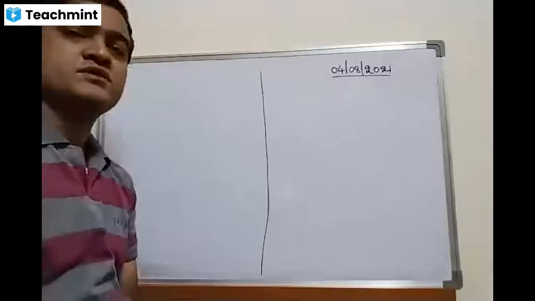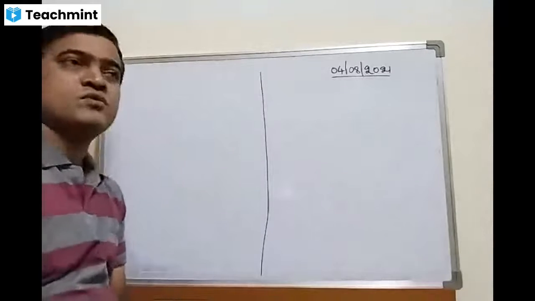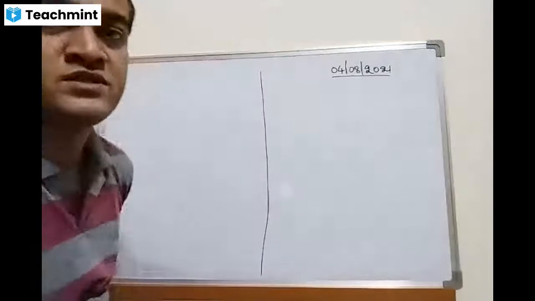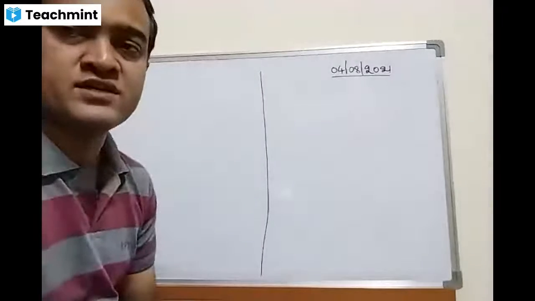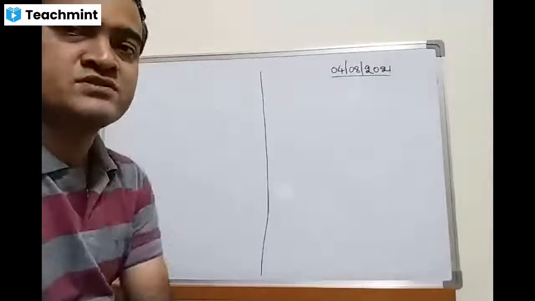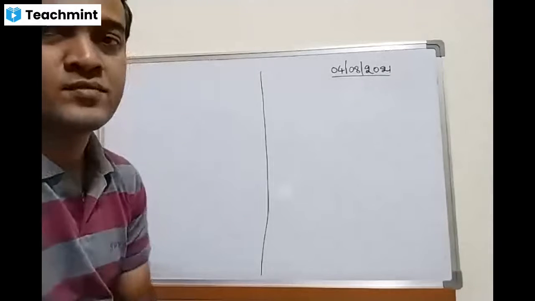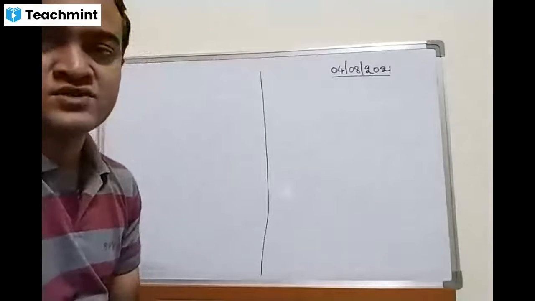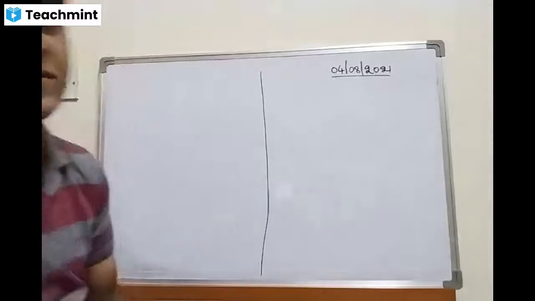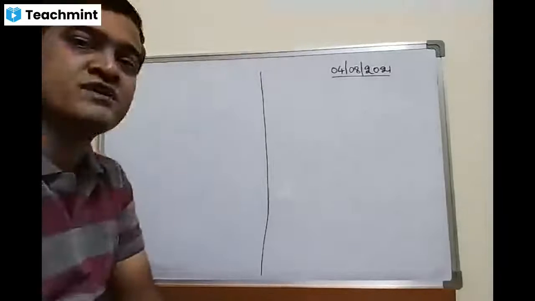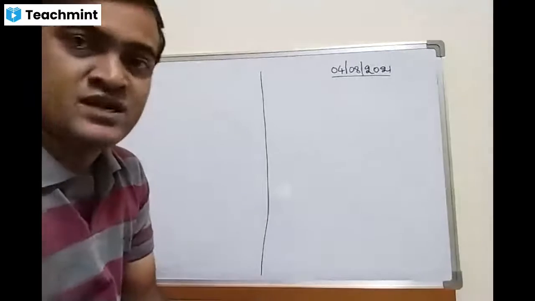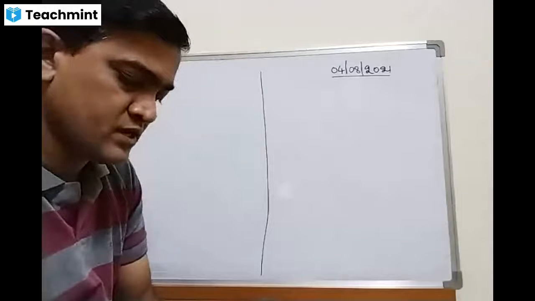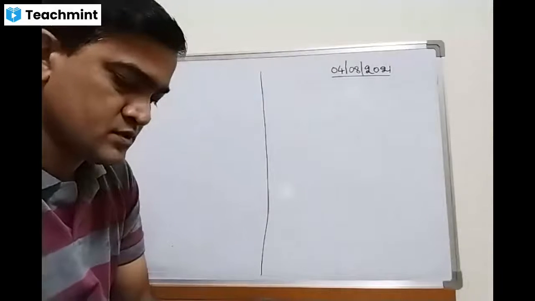Okay, Nana. So in the last class we have discussed about a graph. I mean, two graphs we have discussed. One is zero velocity, that is body is at rest, and second one is constant velocity, right? Constant velocity where you got the graph as a straight line passing through origin, and for zero velocity you got the graph as a straight line parallel to time axis, if I'm not wrong, right? Straight line parallel to time axis.